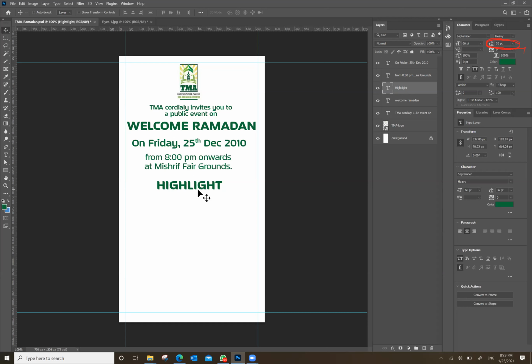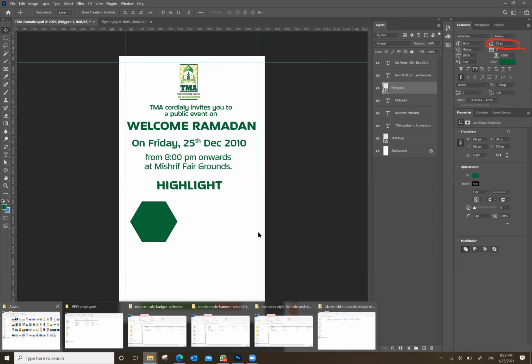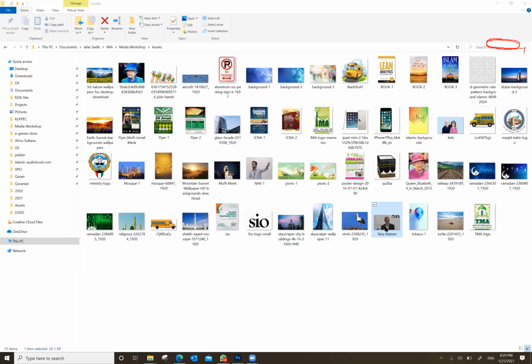Okay. So my next step is to bring, for example, a circle. We can draw circles from here. If you want a polygon or rectangle, you can draw anything with the help of these shape layers. Now assume that I draw a polygon like this. My intention is to show the speaker photo inside this polygon. I already drew one polygon, so now I will bring the speaker photo. As I showed you last time, you can just drag and bring it here.